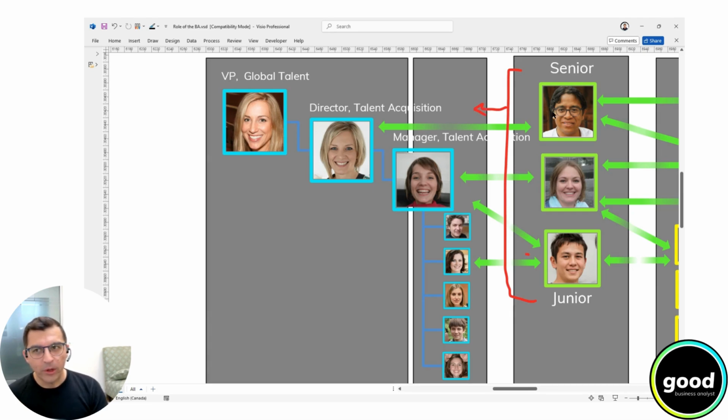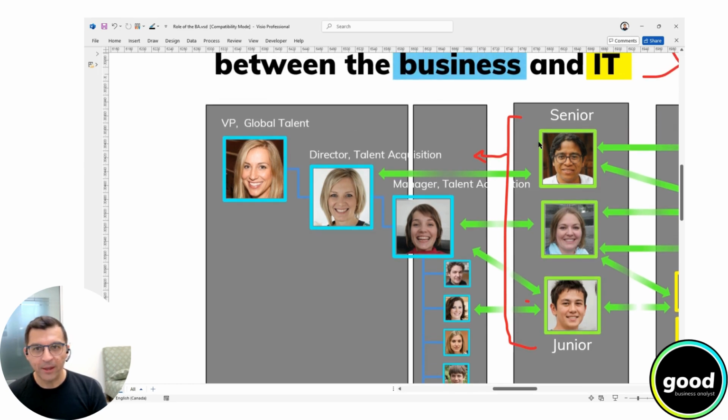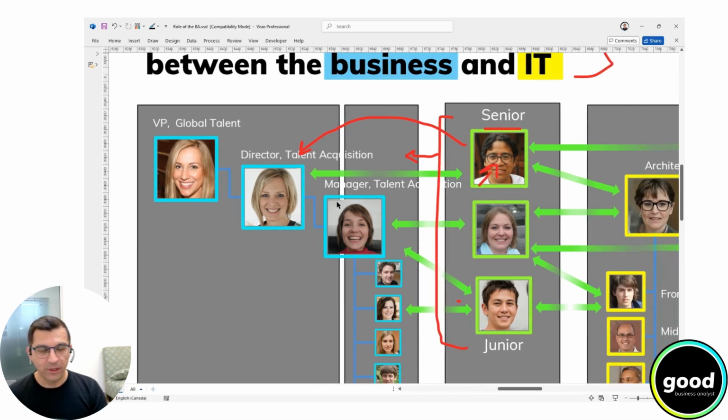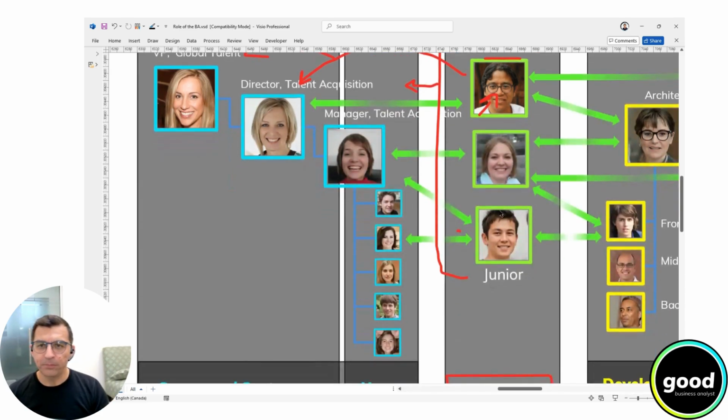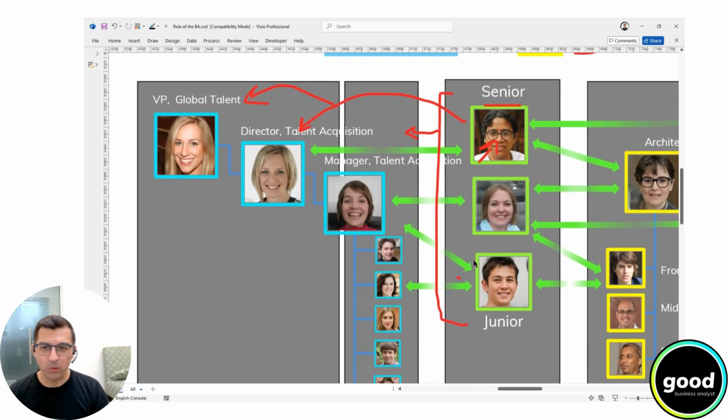And the more senior you are, typically the more interaction you get to have with more senior level people. So if you're a very senior level business analyst, like we have our business analyst Shauna here, there's a good chance that you're going to be working with a lot of director level people and sometimes even a lot of vice president level people to understand their vision of what they want their future state of the world to be like, right? But when you're first starting out your career, you typically start out working,